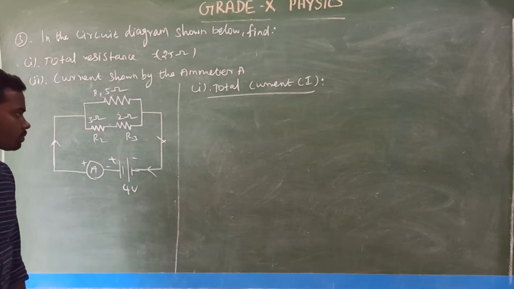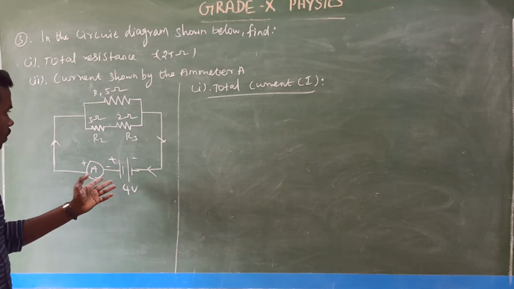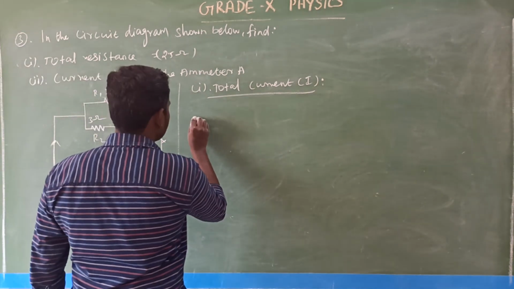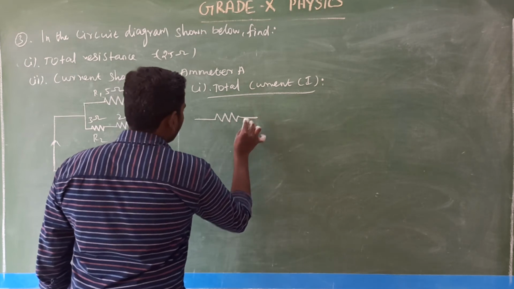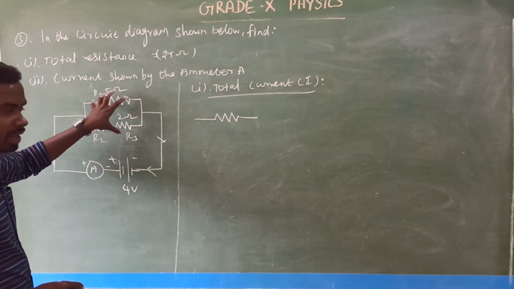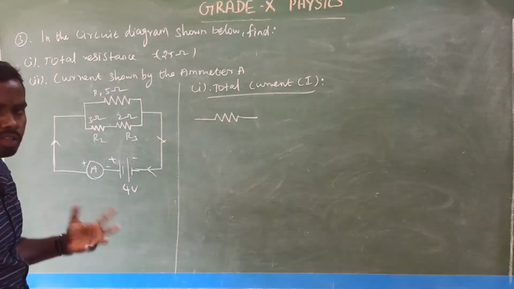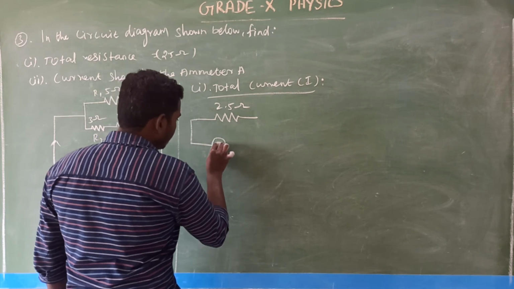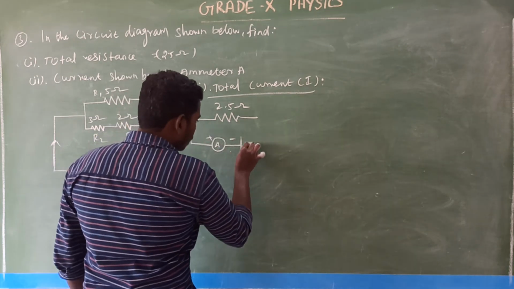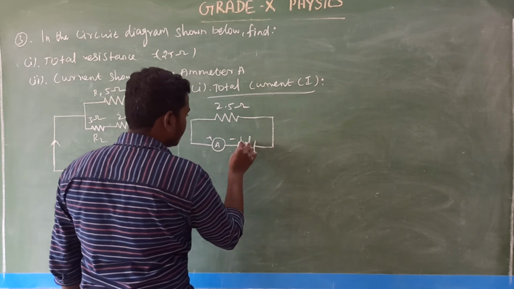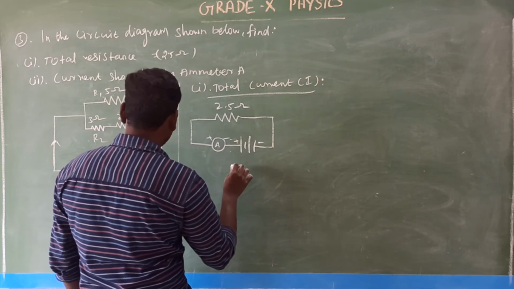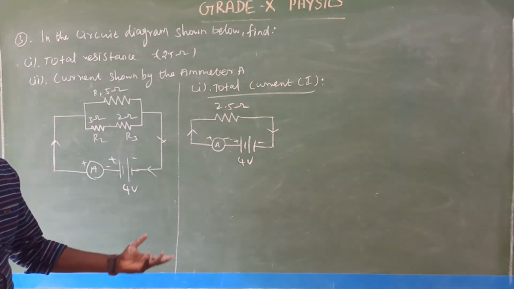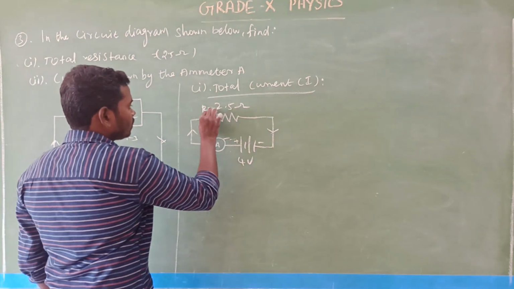Look here. Now you modify this diagram; we already modified it, you just implement that. We have converted this combination of resistors into a single resistor, and that single resistor value is 2.5 ohm. The ammeter is here, with plus and minus, then the voltage applied by this battery is 4 volt. That is the modified diagram. The R value is 2.5 ohm.